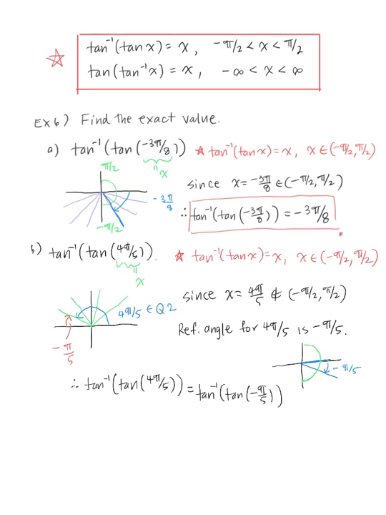And since negative pi over 5 is inside of negative pi over 2 to pi over 2, our answer is going to be negative pi over 5. I think I forgot to write, let me just insert this. Negative pi over 5 is inside of negative pi over 2 to pi over 2. Sorry, this note is looking really ugly, but I'll make sure to write a prettier version of it and I'll post it. Alright, so here's our answer